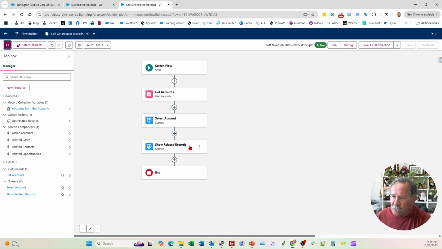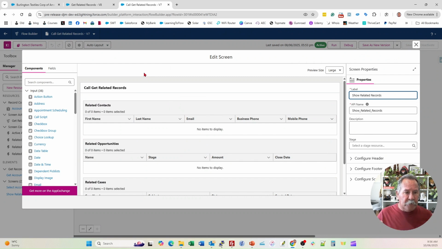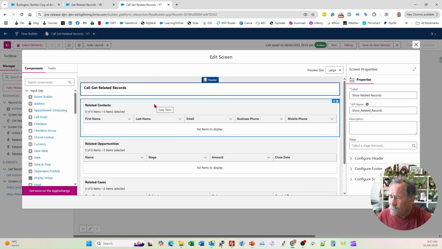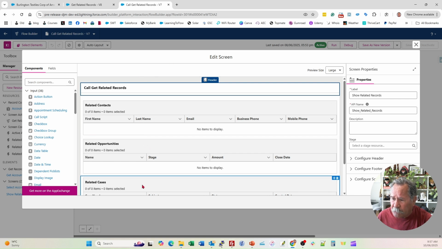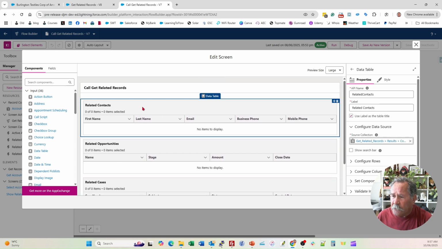Now, the return values, we're just going to do on a different screen just to make it easy, because there potentially could be a whole screen full of information here, because we're going to get all the contacts, all the opportunities, and all the cases and display them on one page. So that's why I've split them out. Okay, so that's just a header. There's nothing fancy in the page, but we've got 3 data tables, and they're all basically configured the same except different objects. So here's the first one,